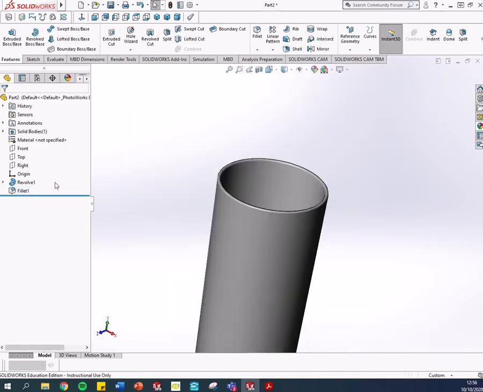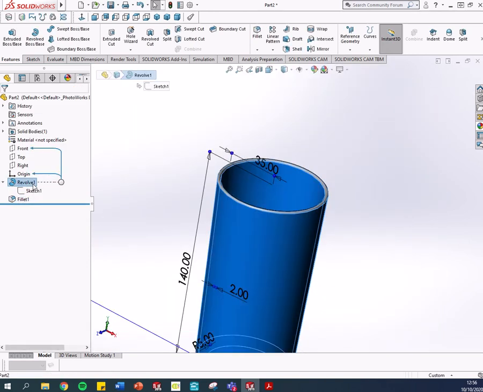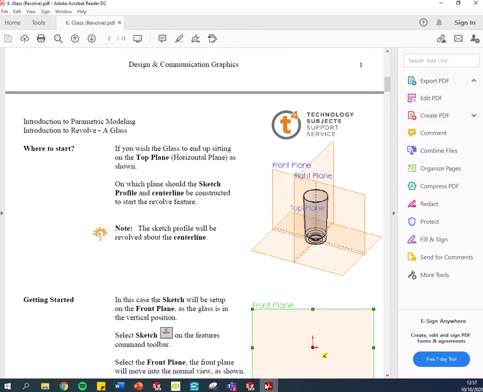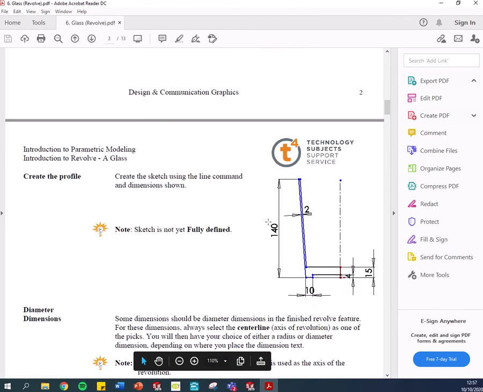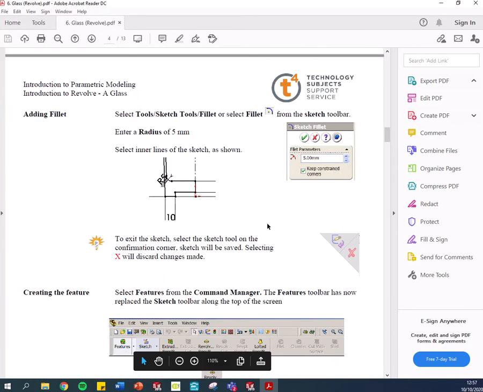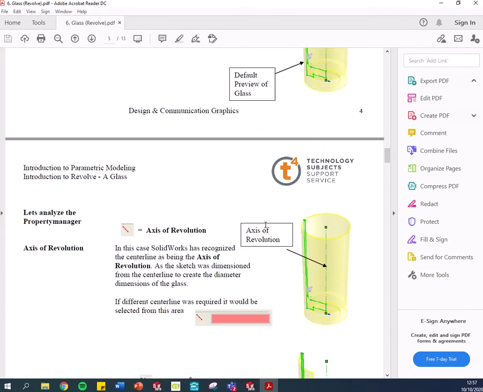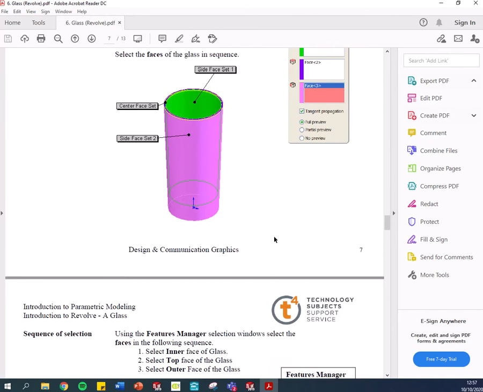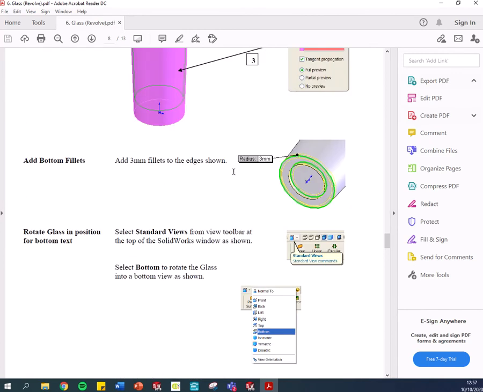Okay, so we'll just call this body revolve and rim fillet, like so. Let's see what the next thing is. So we have all that done. Great. Flying through it, fully round fillet, now fillets on the bottom, so add 3mm fillets to